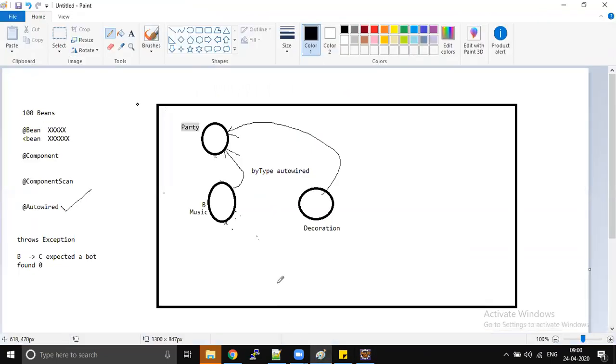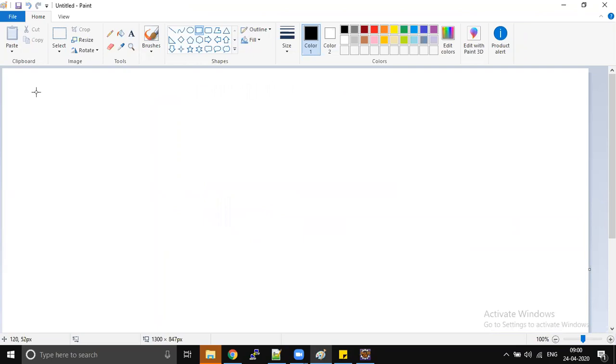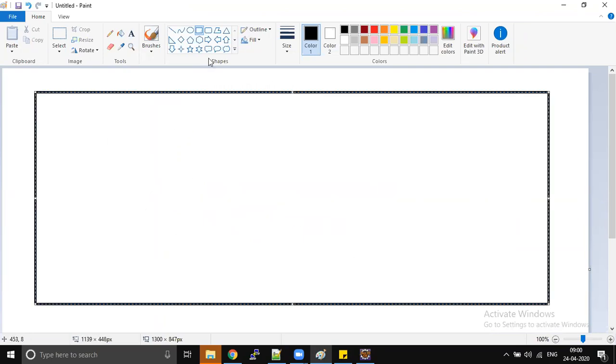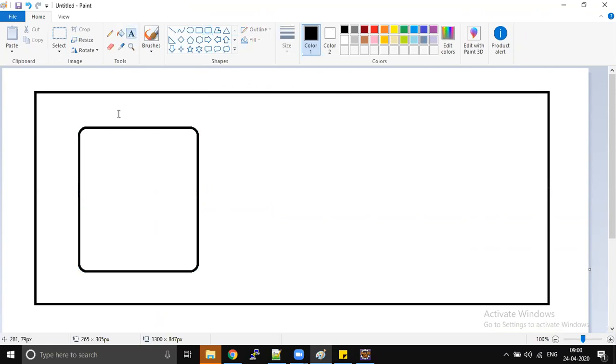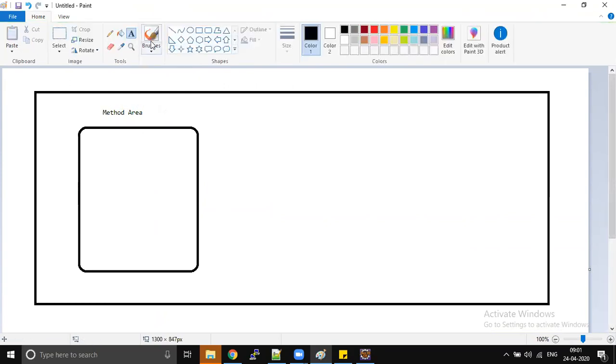So it looks something like this. Let's understand this in a diagram. Assume that this is our JVM. We have a particular memory called method area, and we have another area called heap memory.